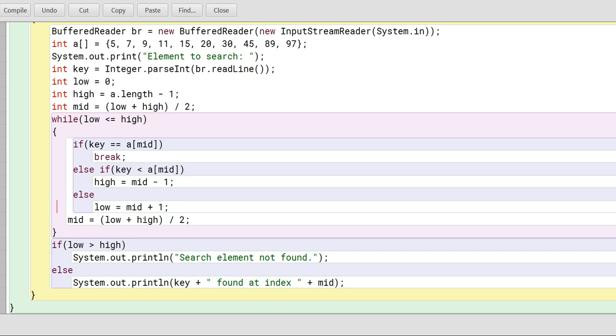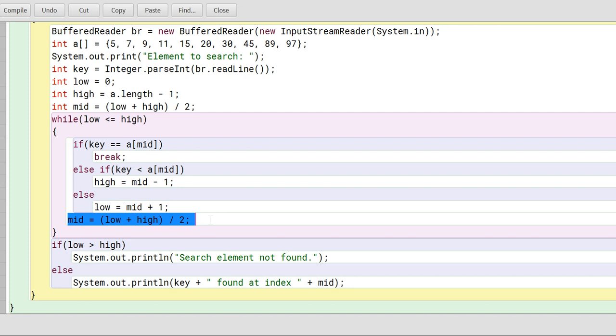This kind of searching will take less time as compared to linear searching, because in linear searching all elements are checked, but in this case only the elements in one half part will be checked. Every time the list will be divided into two parts and our desired element will be checked in the half part. That's why it will take less time.